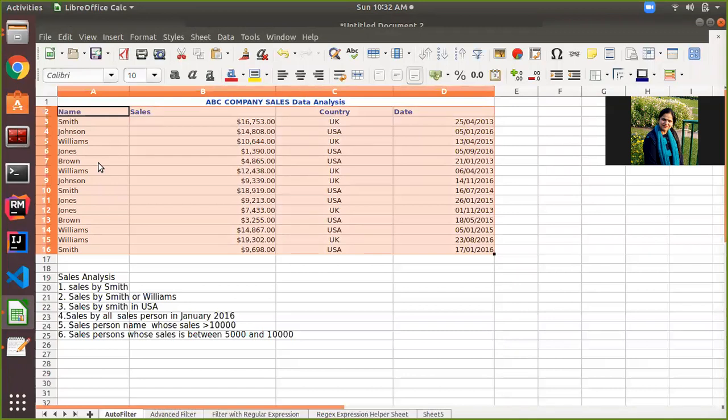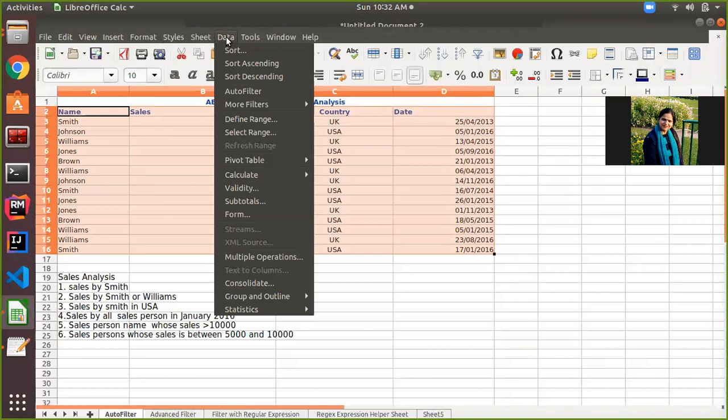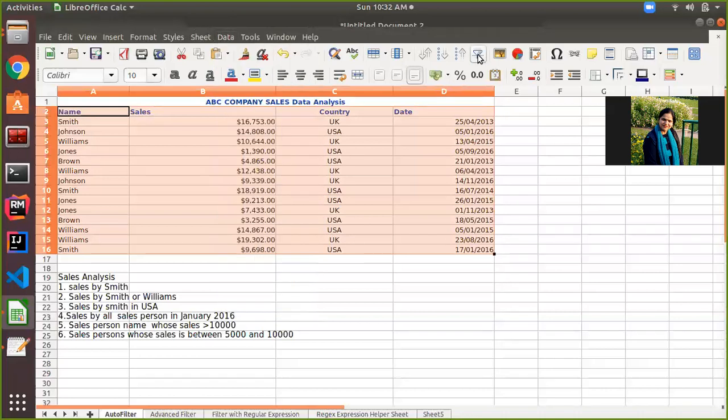Like this I have selected this sales data sheet, and after selecting the data, I will go to the data menu, and there select the option auto filter. You can use the same thing by this filter icon present on the toolbar. You can click over here as well. So I am clicking here.